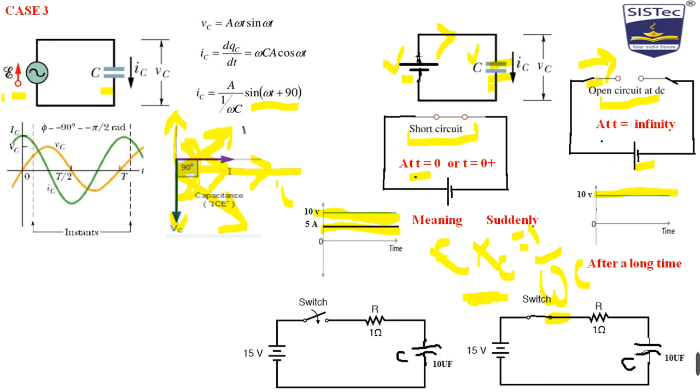15 volt RC circuit, and from the diagram itself you should now understand the question. The question is, the switch is open and shown to you, that means at t equal to 0 I am connecting the switch. So what will be the current? I0, I infinity, if the switch is closed at t equal to 0, and what will be the case if the switch is already closed? Okay, so I think this is the complete analysis, with the AC and the DC.